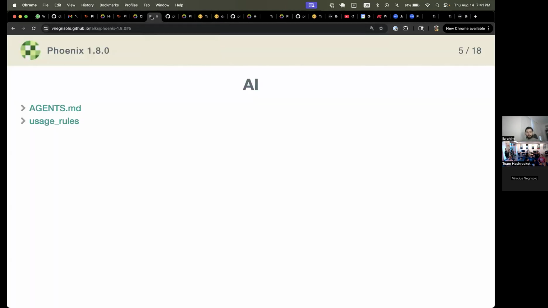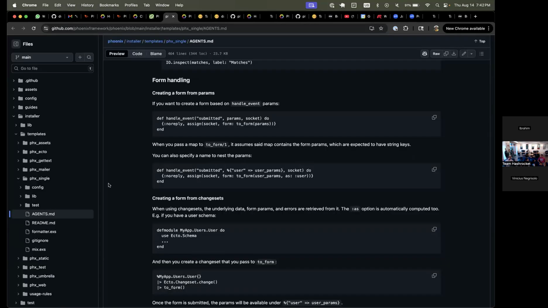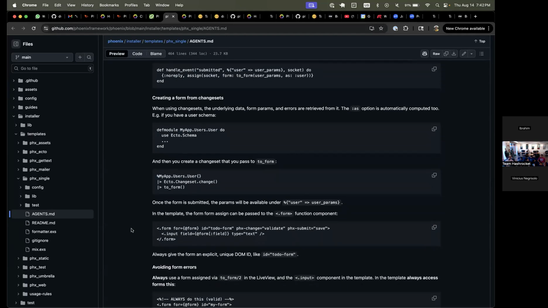And you were saying Ash has the best implementation you've seen so far? Well, Ash came out of necessity. I think Phoenix realizes they need it, but the Phoenix usage rules are more like do this, don't do that. And probably because there's better training data on the Elixir stuff. I don't know how they came up with the rules, but the Ash stuff is